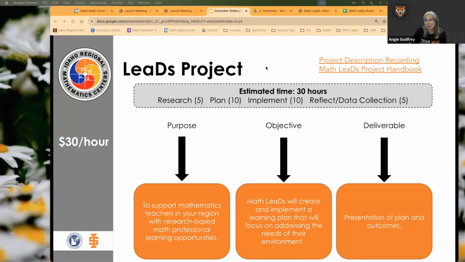The stipends are basically based around paying you to influence professional learning in your environment. So essentially, if you do the 30 hours-ish, we pay you about $30 an hour. Right now it's sitting at around $900. I should be able to bump that up to 1,000. But on the implementation piece, you'll actually be frustrated because you'll think 10 hours isn't nearly long enough. These are just guidelines and estimates, and it goes really fast.